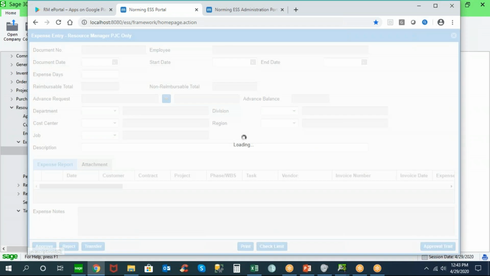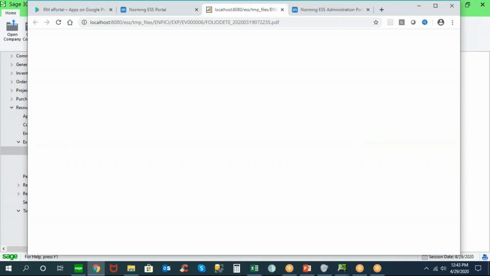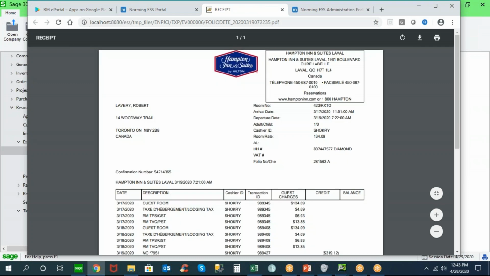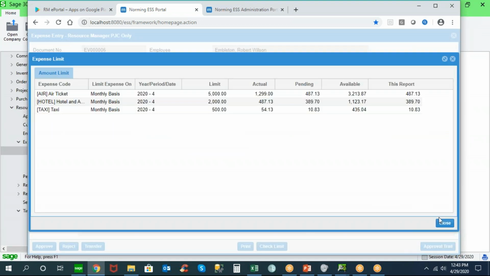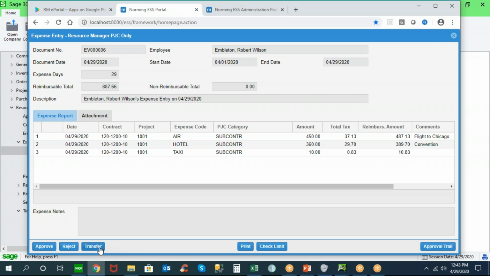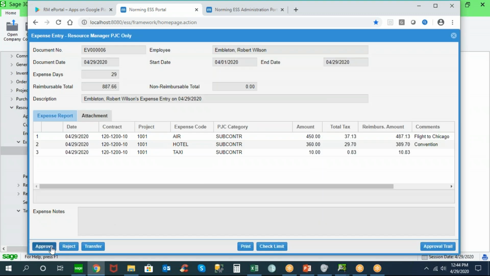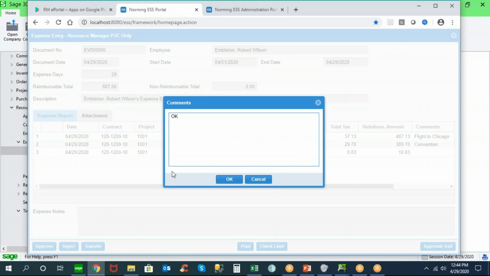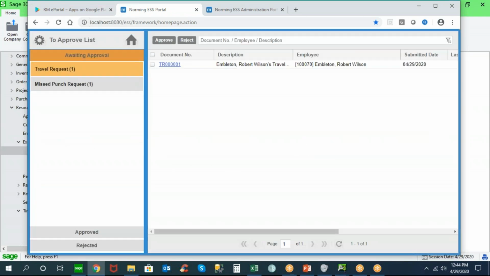We'll just take a look at the expense report. I've got the attachment, so I can open up the folio for the hotel. We stayed at the Hampton, and there's the expense report details. I could check the limits again as an approver, and I could transfer to another manager if I wanted to, but we're just going to go ahead and approve this, say OK, and it removes this from the approval console,